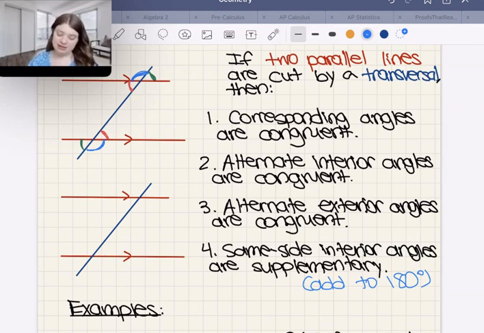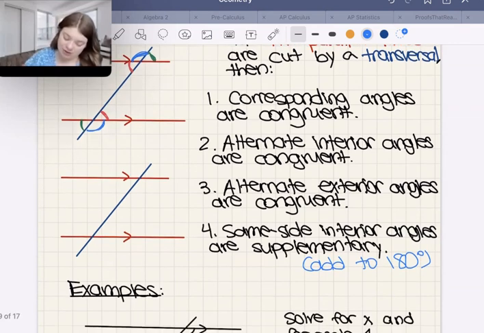So what I mean by same side interior angles, I'm going to show you on this one here. These two angles are same side interior angles. So therefore these two are supplementary. They add up to 180. And same thing with these two angles here, the orange angles, they are also same side interior angles, right? Interior because they're inside the parallel lines rather than outside, and they're both on the same side, right? Notice that both the orange ones are on the left of the transversal, and then both of the blue ones, which are another pair of same side interior angles, are on the right side of the transversal of that blue